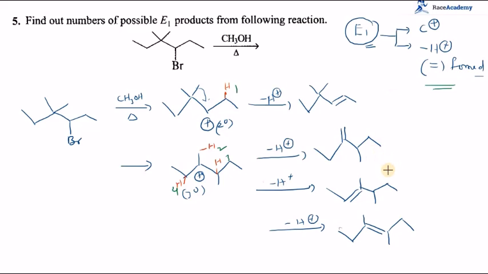In that stage of product is there we have, and not only that one, the possibilities we are telling. So we are not telling about any other thing. So what are the possibilities? These are the possibilities. So it is 1, it is 2, it is 3, it is 4. A total of 4 possibilities are there for the E1 products in this question.